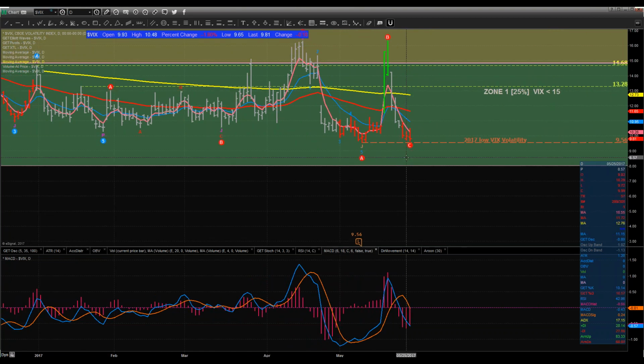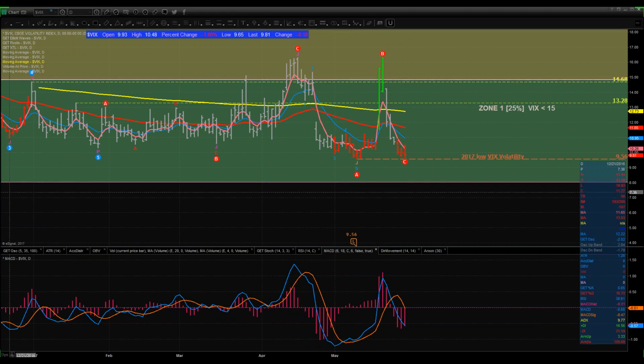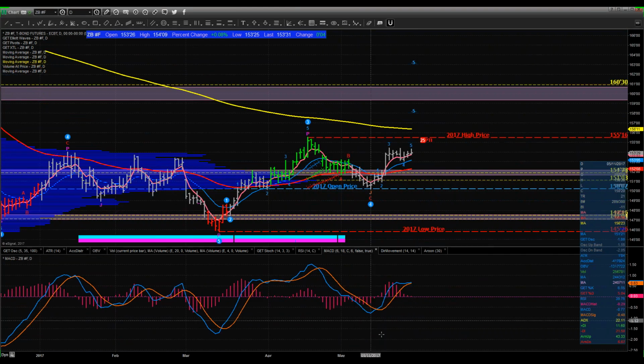So we've got to be very careful here, and it can move very quickly. So right now the markets are fairly complacent. The other thing that I wanted to show you here is even with all of this strong up move, money is still going into bonds. Bonds finished up on Friday. And if you look at this chart here,